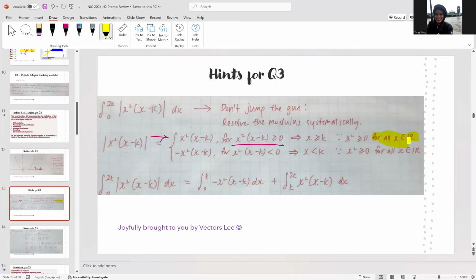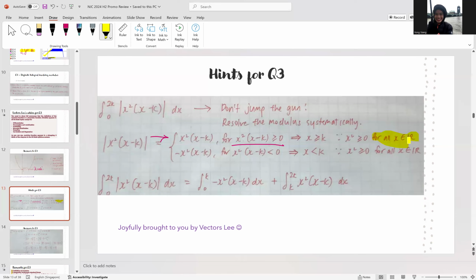Then for the other piecewise, if this function, x squared times (x minus k), is less than 0, what I'm going to do is multiply by a negative: negative, negative, positive, right? Second thing, I'm going to solve the inequality. It still doesn't change. x squared is always more than or equal to 0, regardless of circumstance, for all real values of x. So since x squared is more than or equal to 0 for all real values of x, I'm going to say that x minus k is less than 0,